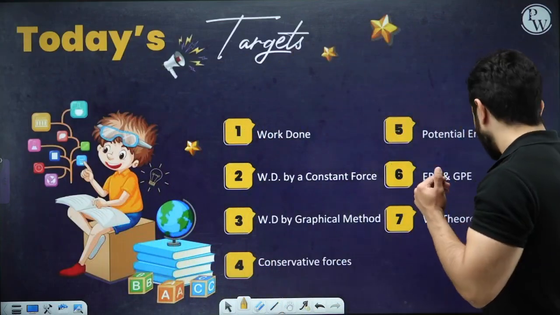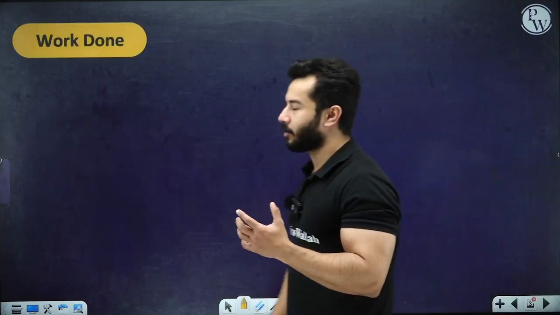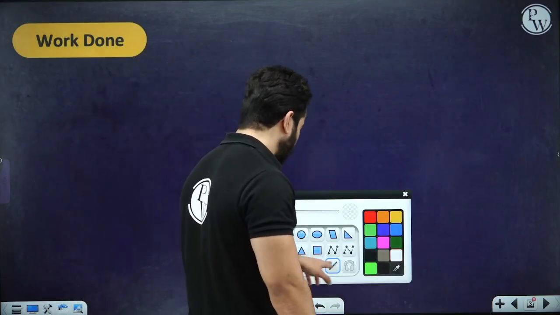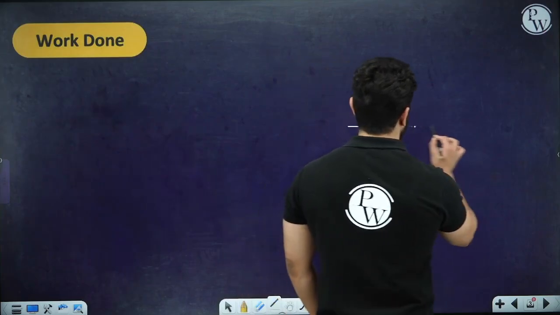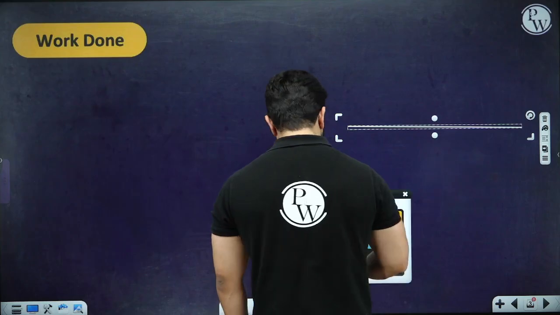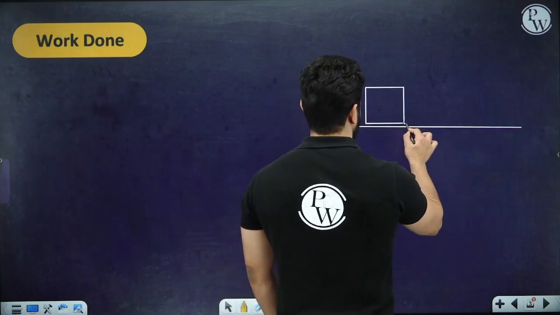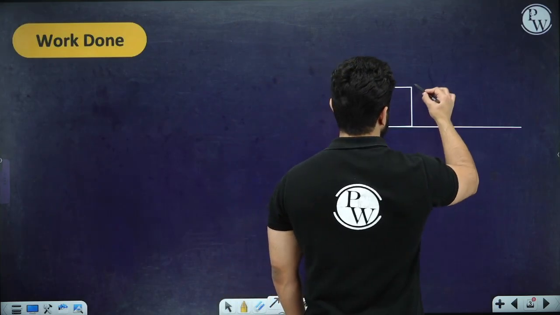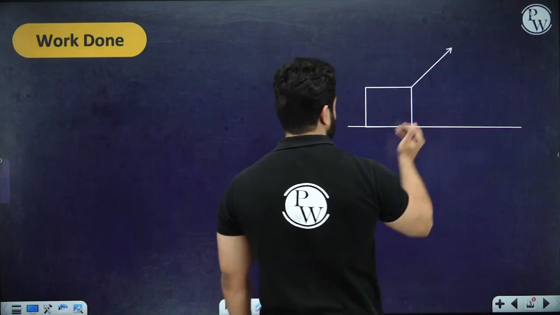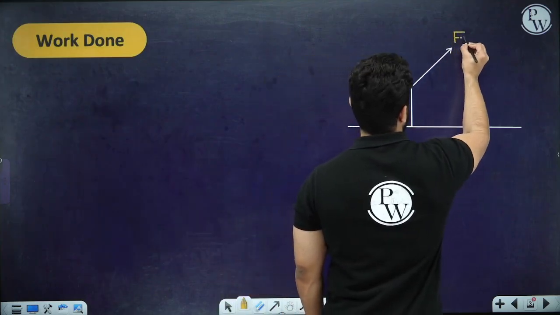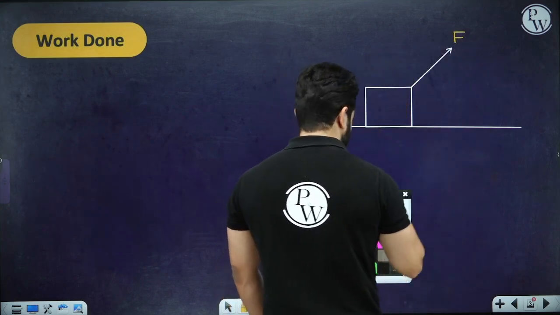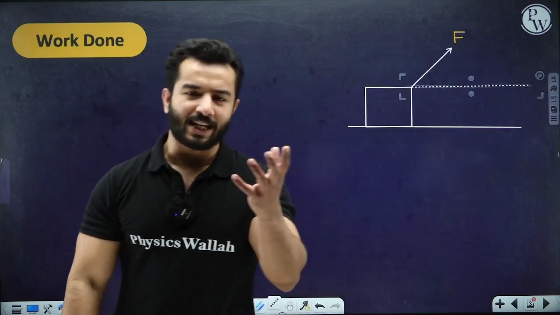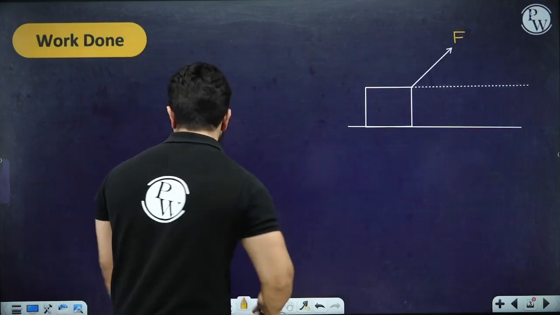So now let's start today's class and let's talk about what we really mean by work done. See, the definition of work done is quite simple. Let's just say that we have got a body kept on a surface like this, and a force acts on it, and because of this force, this body gets displaced along a straight line with, let's say, some displacement s, right? So the work done will be written as